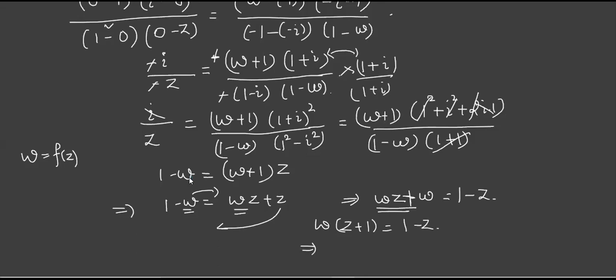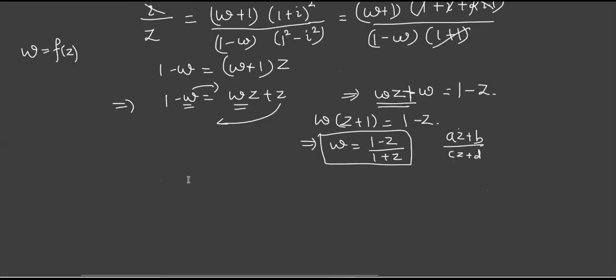Correct? I want w to be a function of z, means I'll keep only w here. I'll shift the terms to that side. So it is (1 minus z) upon (z plus 1), or it looks good if you write (1 plus z). Now you have a quantity. Do you remember the standard form? (az plus b) divided by (cz plus d). This verification will usually not be done. I'm just explaining with the help of the definition. You remember? This is called a bilinear transformation if one condition is there.